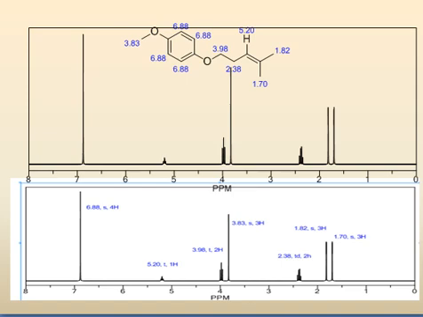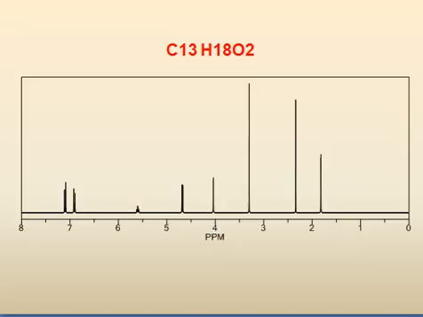Let's see another molecule. Same formula, another molecule. See the pattern. The double bond equivalent is the same here also. It is 5. See, it is now a double doublet. Double doublet in the aromatic region means para substituted, and this is 1H.